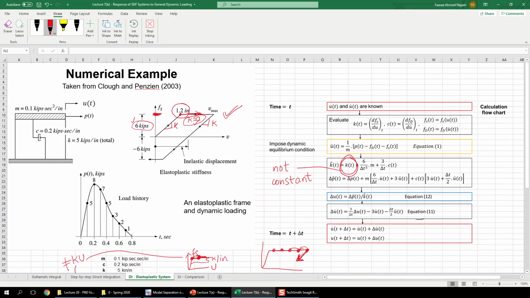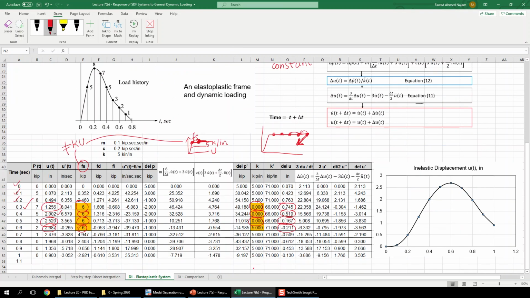So this was the behavior of an elastoplastic system: if we unload it or load it in the other direction, which means the next U is less than the previous U, which means we are going down, the structure will follow the same initial stiffness, the same slope K, which is the initial slope. So that's why we have put K equal to 5 for this case.